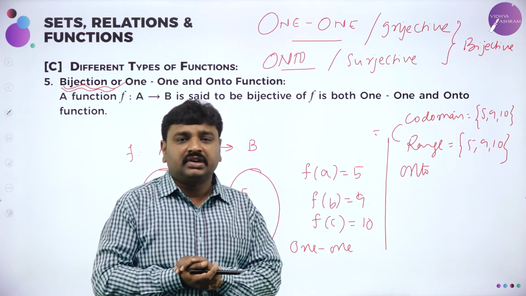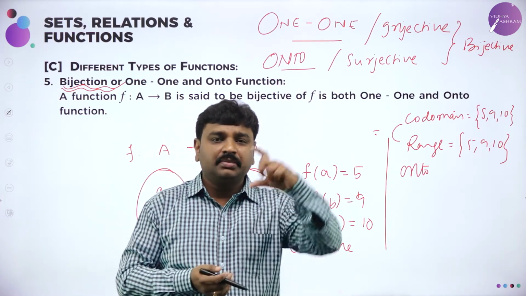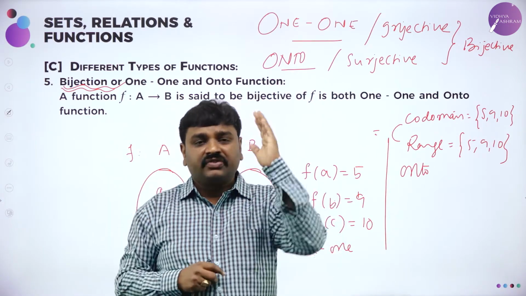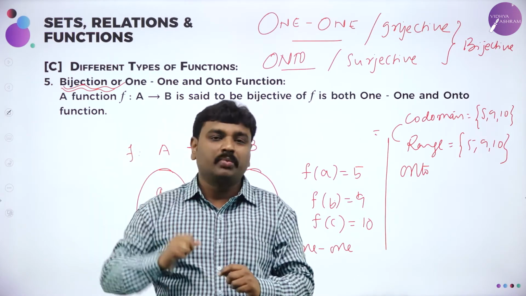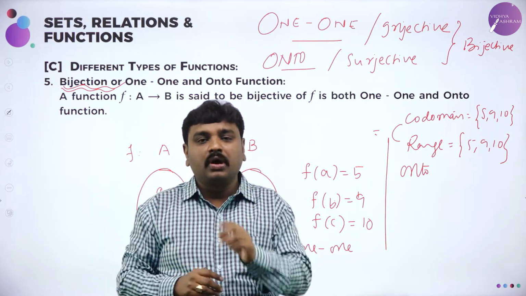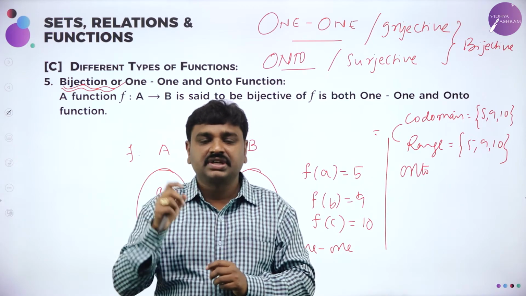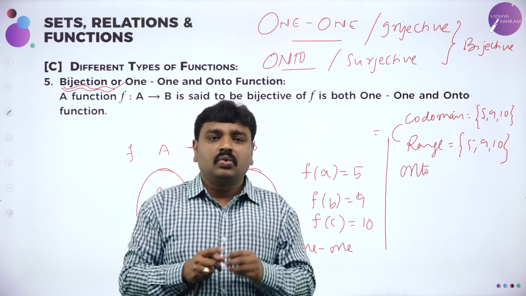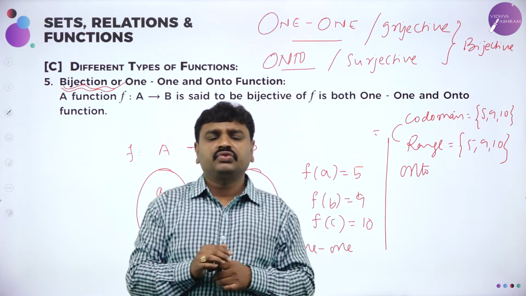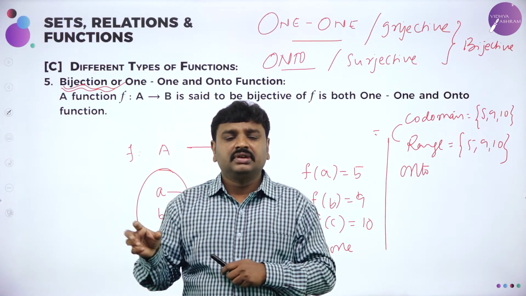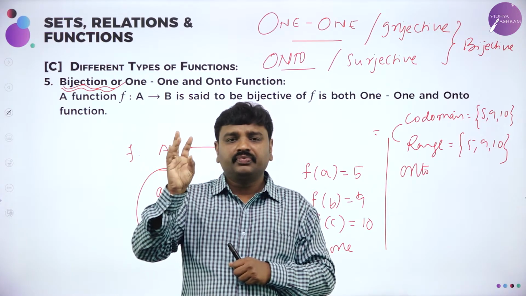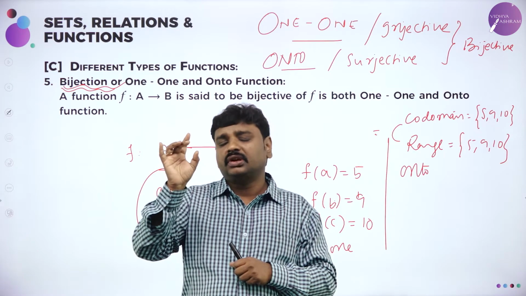So today I started with the basic f maps A to B. A means first set, B means second set. First set is domain and second set is codomain. Set of images, if you group all the images, we call it as range. And then first I taught you what is meant by onto function. First we studied into, then onto, then many to one, then one to one.